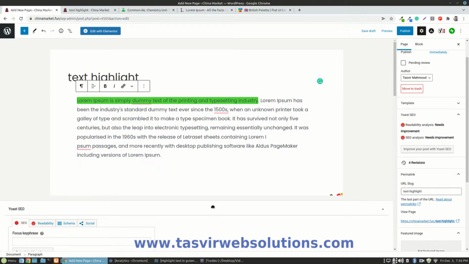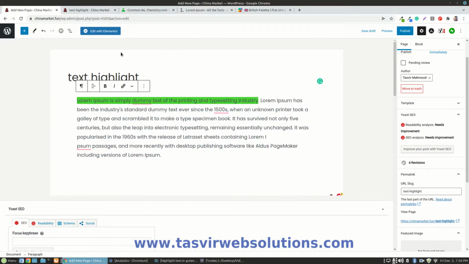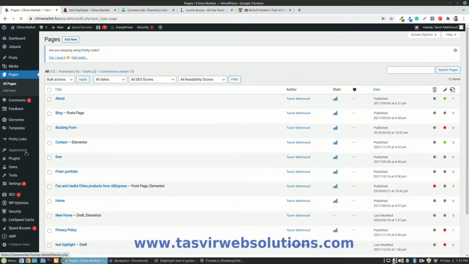Okay, so there is another way to highlight the text. Suppose you highlight your text quite often while writing your blogs, so it might be a bit time consuming to use this code again and again repeatedly. In that case, you can use a free theme and a plugin, and these are very popular, so don't worry.